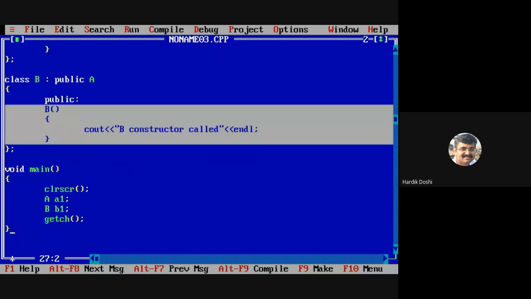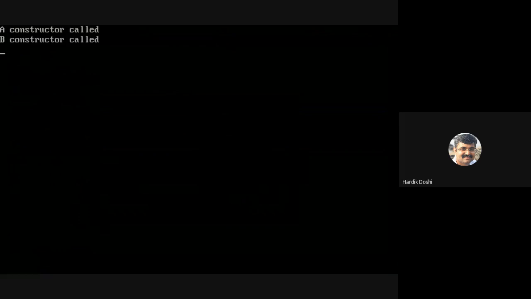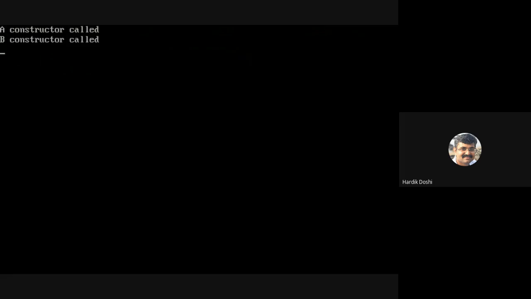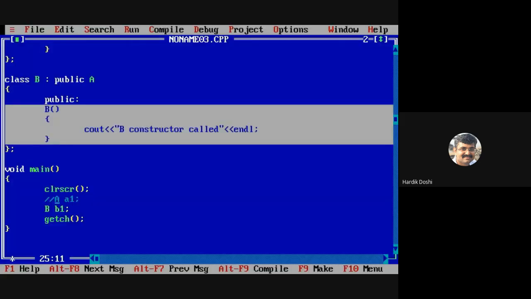Okay, let's do one thing. I'm removing this. So now, fine. See, again, sequence is also important. Parent will be executed first. Base class will be executed first. And then derived. Is it fine? Okay.